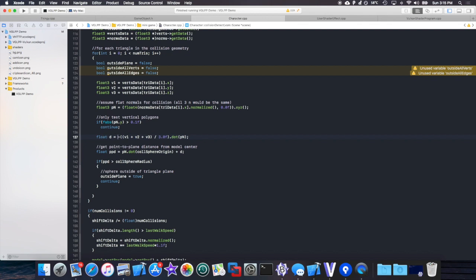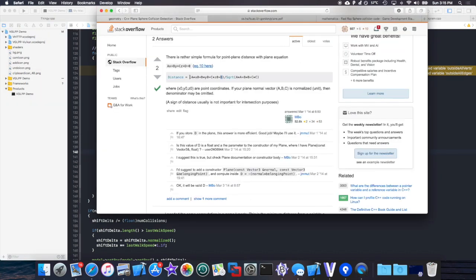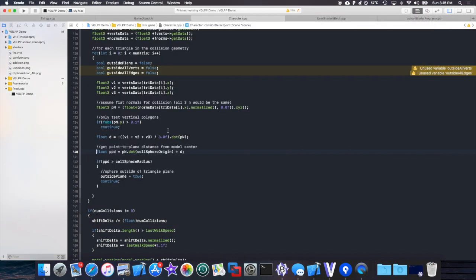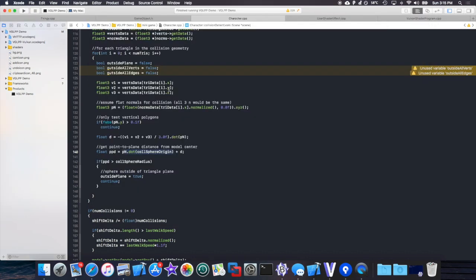D equals, here's p, that's the average of all three. Negate it, which I forgot to do when I was researching this video, which is really fun, and then dot pn, and that's D. And then I can implement this thing. I recognize this as a dot product, so I do pn dot the origin of the sphere. He mentions here that x0, y0, and z0 are the origin of the sphere, in other words, the center of the sphere that I'm interested in